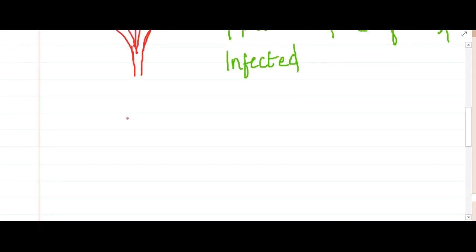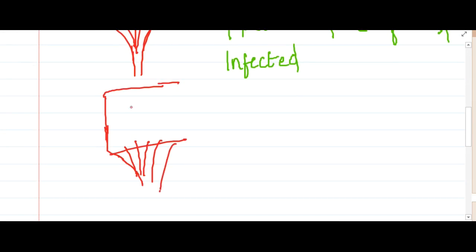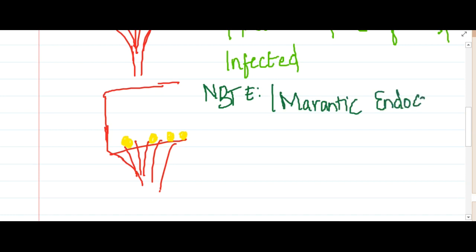Next we have the next type of endocarditis, that is vegetations we will see. This is the heart valve. So in this heart valve now we have vegetations, and these vegetations are also small, but here they are friable, that is they are easily breakable. These are also present along the valves. So if you see, this is non-bacterial thrombotic endocarditis. Non-bacterial thrombotic endocarditis is also called marantic endocarditis.